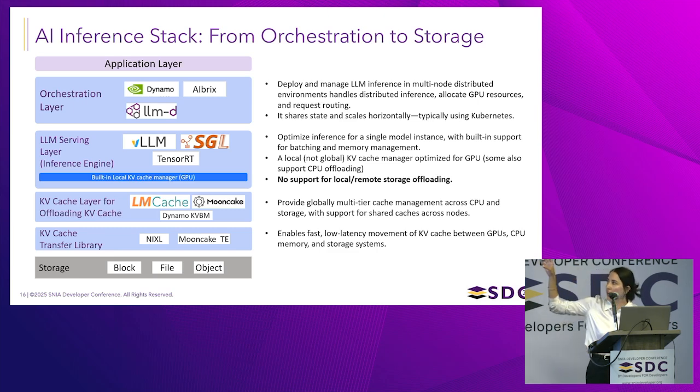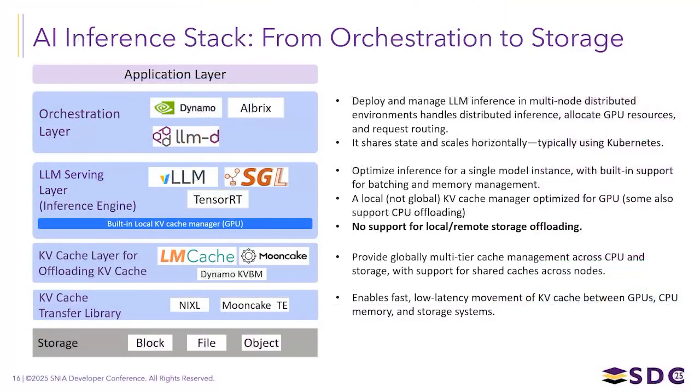So at the top, we have the application layer. At the bottom, we have storage, right? And everything you see in the middle, the blue boxes, are your inference engines, or inference frameworks, which have a bunch of components. At the top, we see the orchestration layer: NVIDIA's Dynamo, LLMD, AI Bricks. These deploy and manage the LLMs in multi-node distributed environments. They handle allocating GPU resources and routing the requests. They typically run in Kubernetes, not all the time, and they try to scale